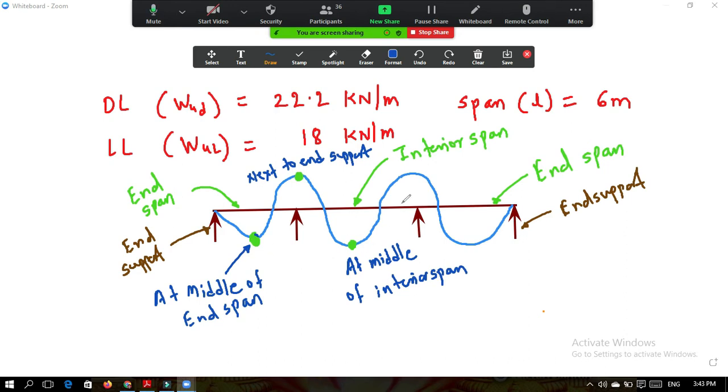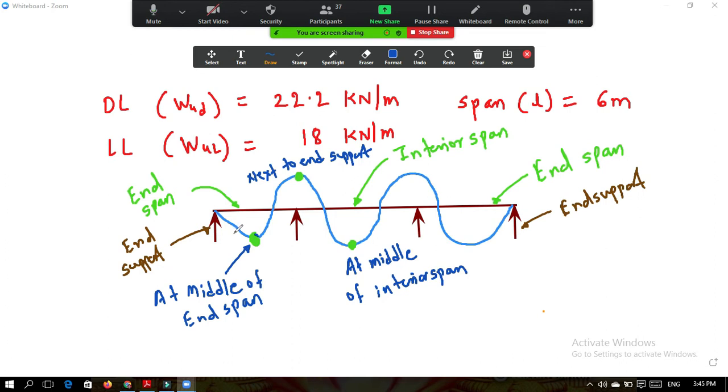So at these points, different coefficients for dead load and live load are given in the IS code. Okay, so we need to check the IS code first to calculate the bending moment. Draw this diagram first and let me know after you finish. The dead load and live load coefficients, the way we are doing it for one-way continuous slab, same thing we need to do over here. Okay, so now go to table number 12, and I am seeing here in the IS code the factors are given.